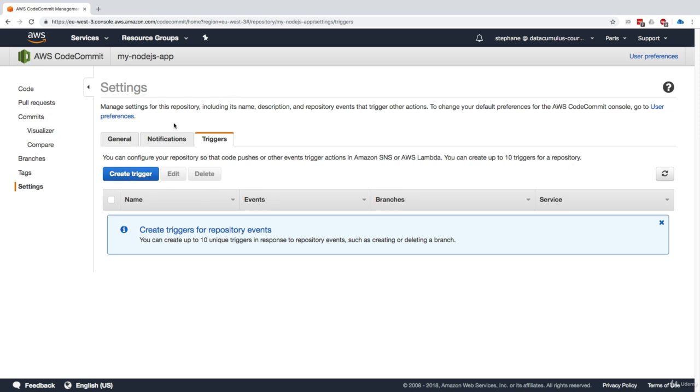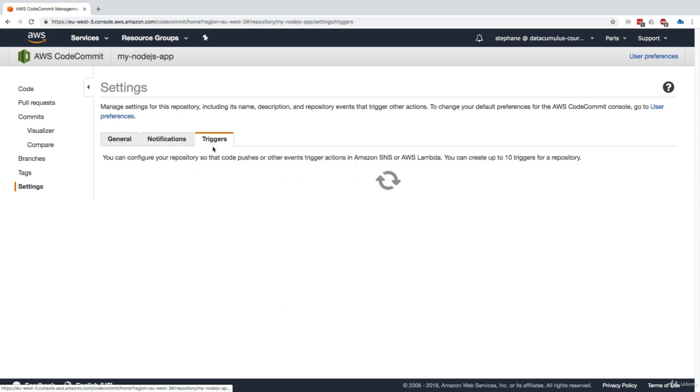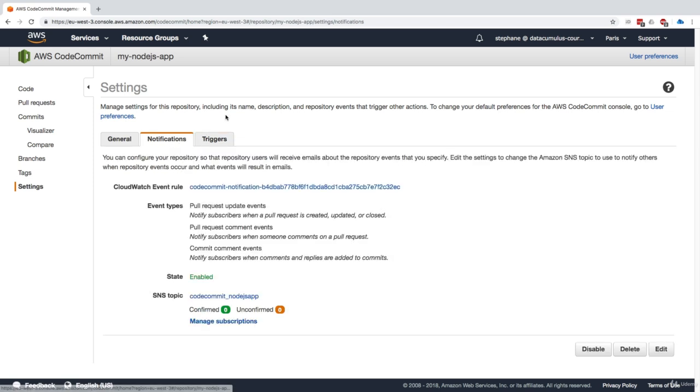In the next lecture, I'll show you the security side of it, so we can know how to push data properly, not just from the UI. But in terms of the settings of CodeCommit, we've visited everything. And remember, the very important things to understand are the notifications and the triggers, and in which case you use which. So I hope that was helpful, and I will see you in the next lecture.